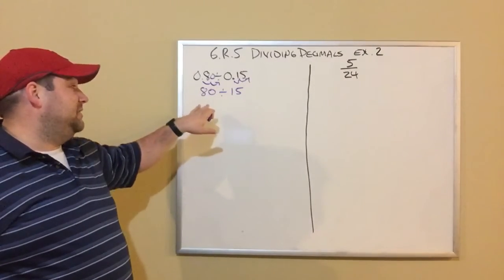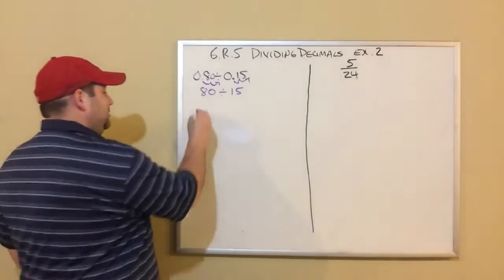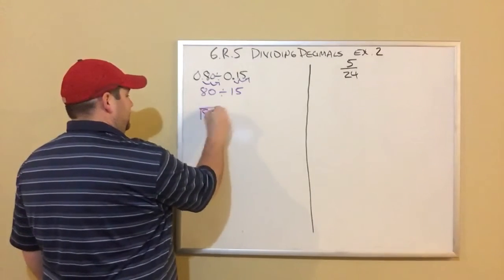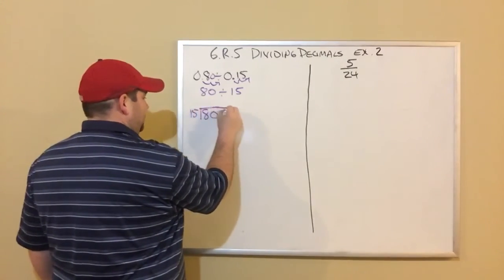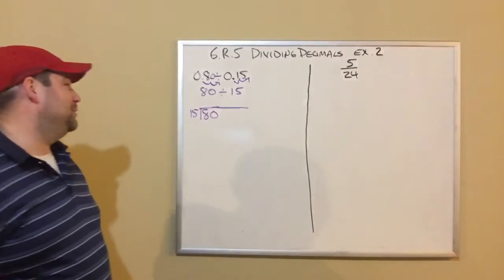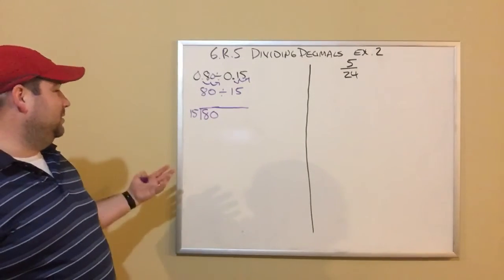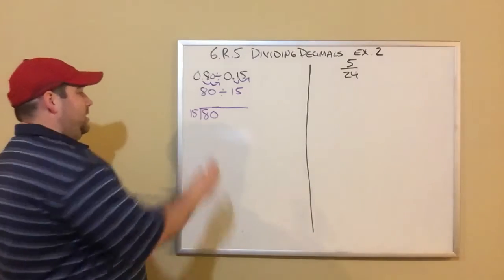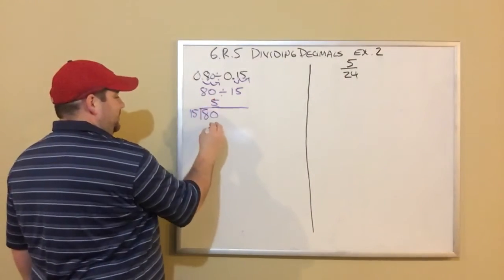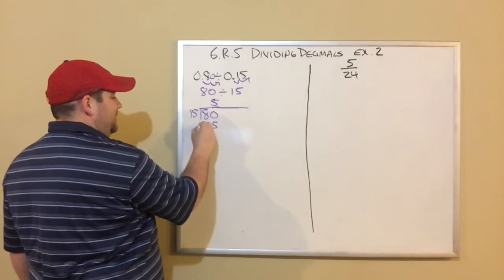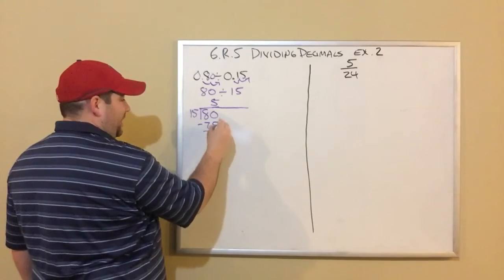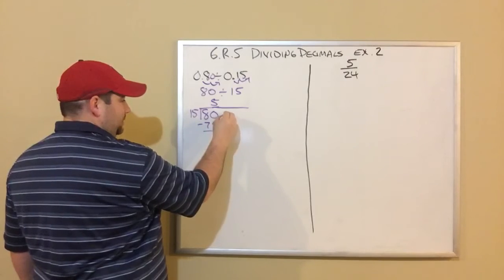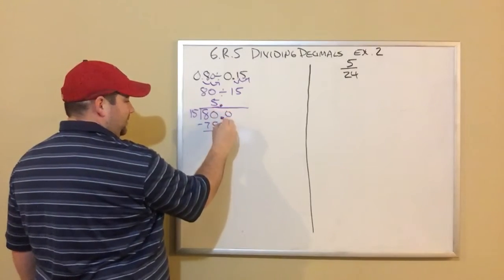So 80 divided by 15, we'll just treat that like normal long division. I know it's going to keep going, so I'm going to make my division bar a little longer here. 15 goes into 80 how many times? I believe it's going to be 5. 5 times 15 is 75. Subtract, I get 5. I'm going to bring up my decimal, and add a 0,